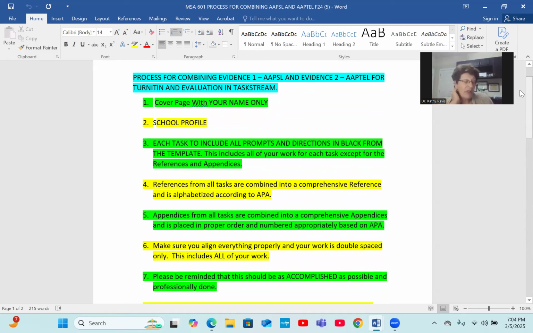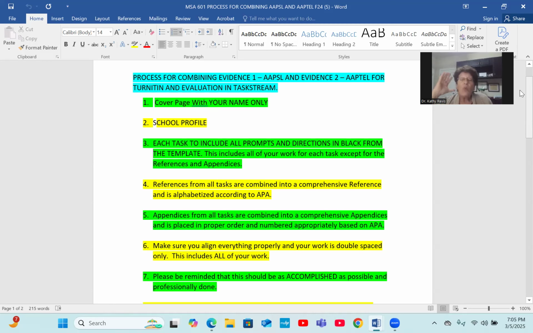I have noticed in some of your writing that some of you may have an extra space after a paragraph. You just need to go in there and make sure that everything is double spaced. Everything. There should not be extra spaces in between the tasks, nor in between your sections, nor in between your reference entries.